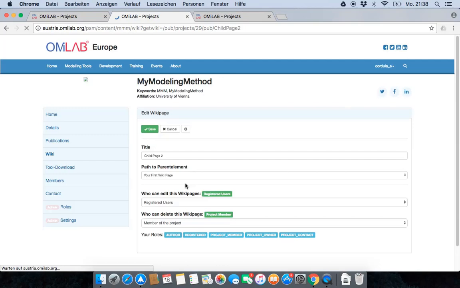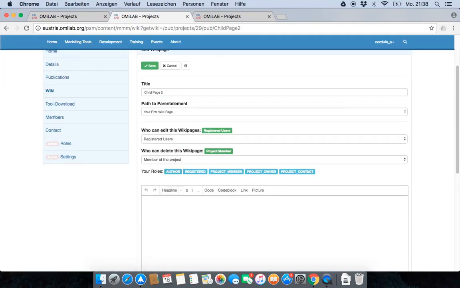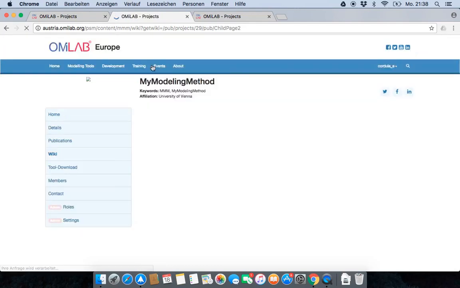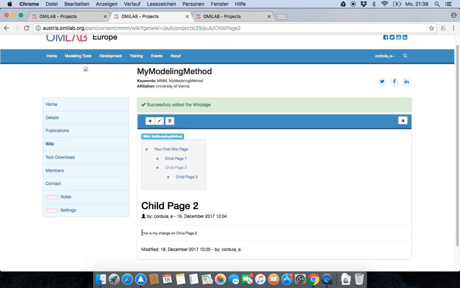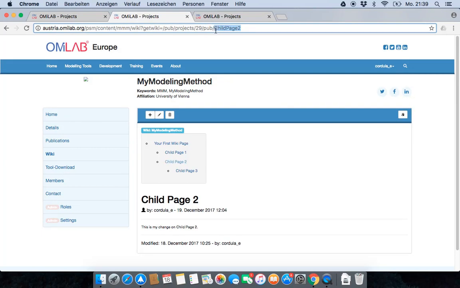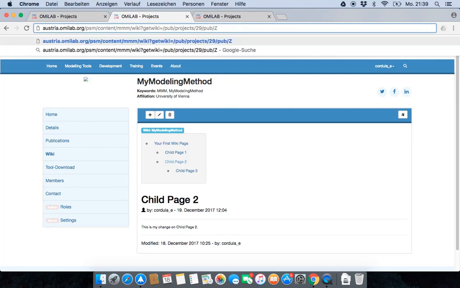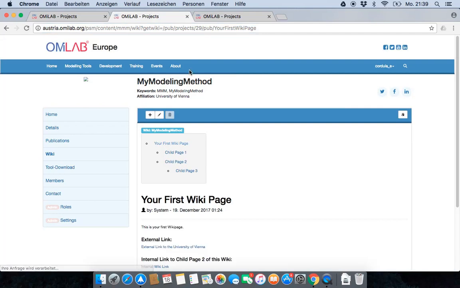If I want to make changes now on child page 2, this is possible. I just have to write and make changes in the editor that appears. So this is my change on child page 2, and once I save, it will show on the wiki page, which is called child page 2. If I go now back to the first wiki page, or the main page and root page of this wiki,